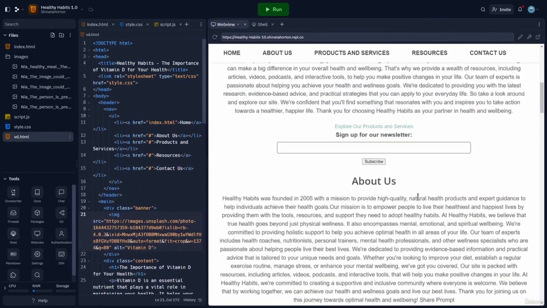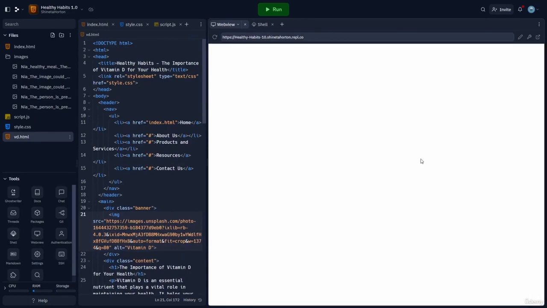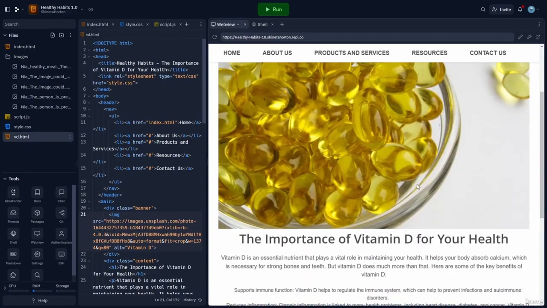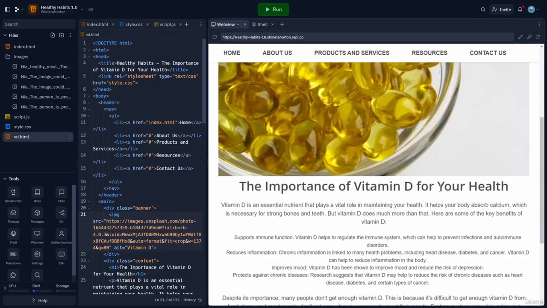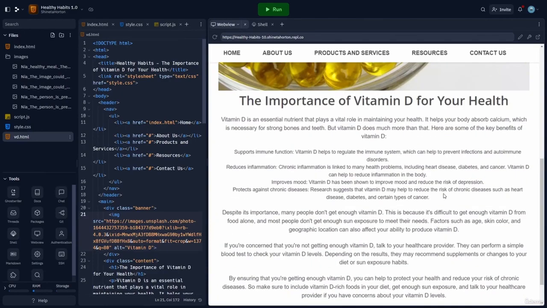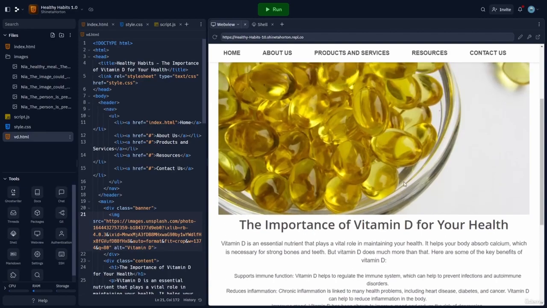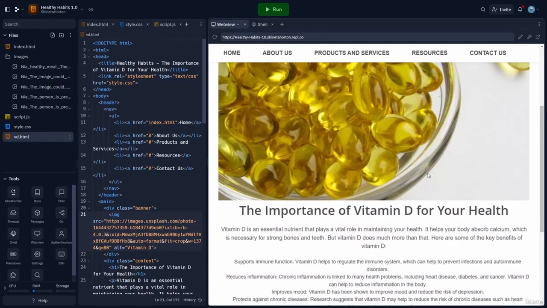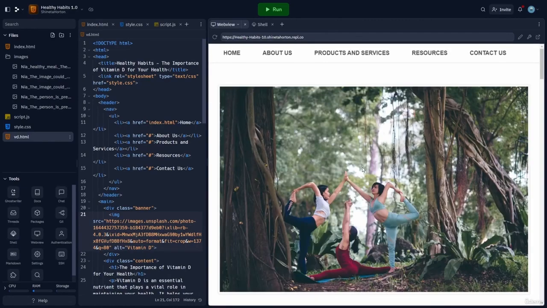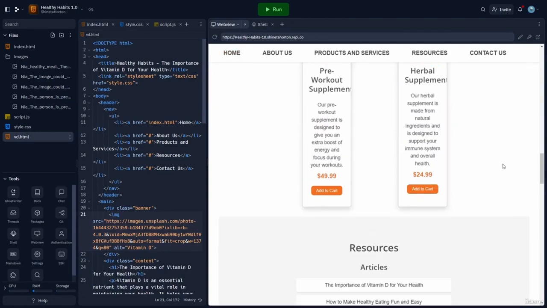And now we navigate to our site or to our article. The first thing that comes up is the image of vitamin D, and then the importance of vitamin D for your health. So, not looking too bad. Let's go back to the home,